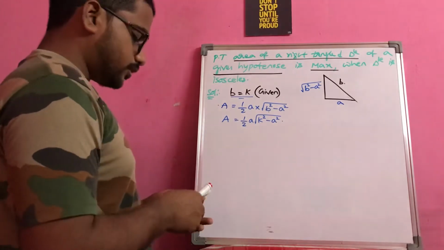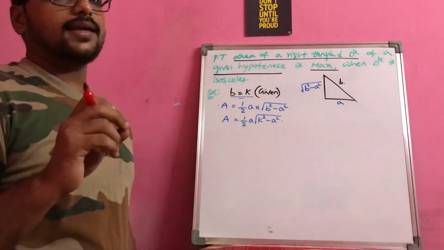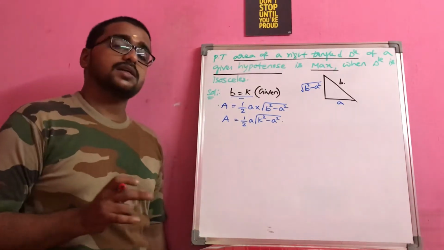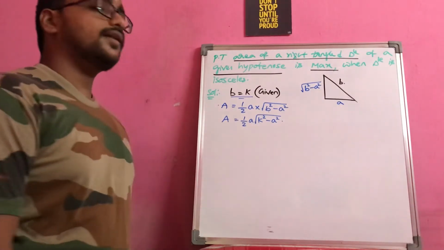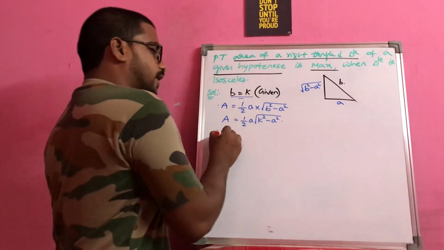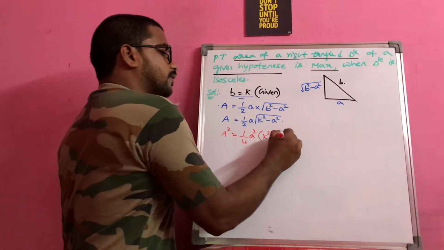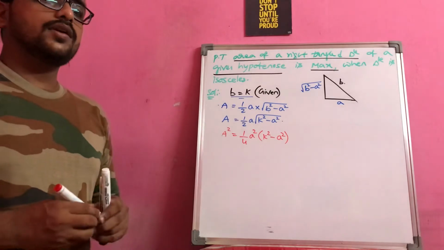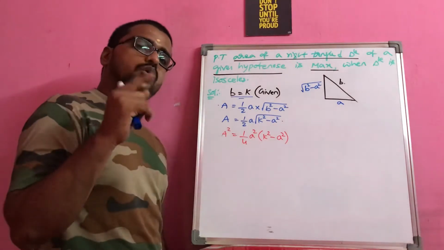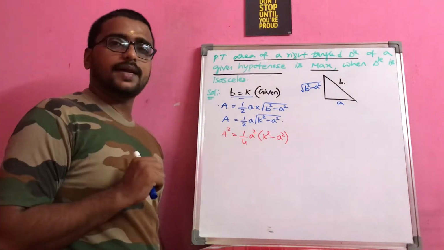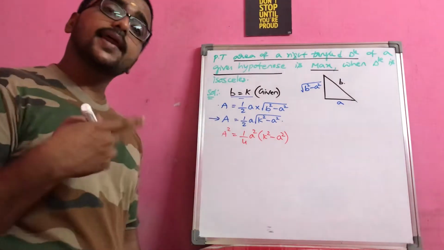Okay, so here you just observe I am having a radical here. So I just want to avoid this radical. Why? Because if I have a radical it will be very difficult for me to do the second order differentiation. Just to avoid that difficulty, what will I do? I will square both sides: A square equals 1 by 4 a square of k square minus a square. But if I apply differentiation, a square differentiation, what will it become? 2A dA by d small a you will be getting. Again, that A has to be replaced with this, correct? So again the radical is introduced.